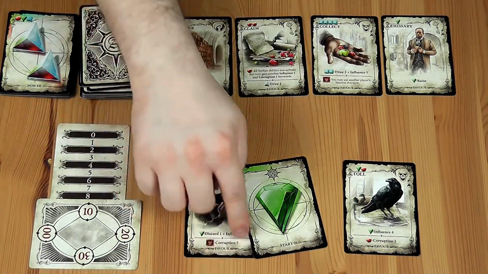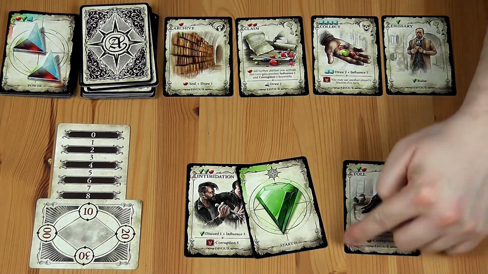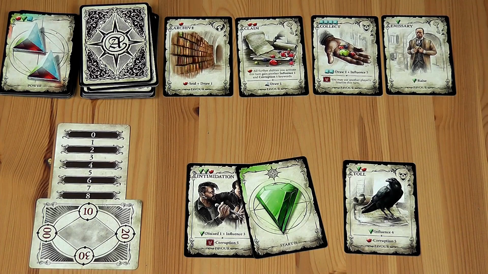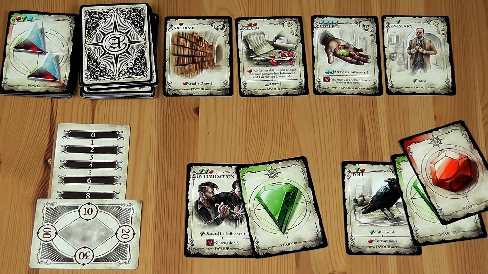Corruption 5 means that you can choose one of your opponents to decrease their influence by 5. Certain cards have 2 separate abilities, each requiring activation to take effect. But it is not obligatory to activate both of them within one turn. What's more, the game itself allows you to carefully plan the order of your cards, and so the order of